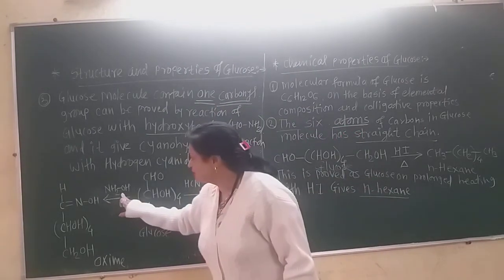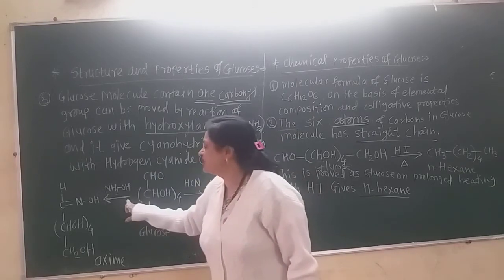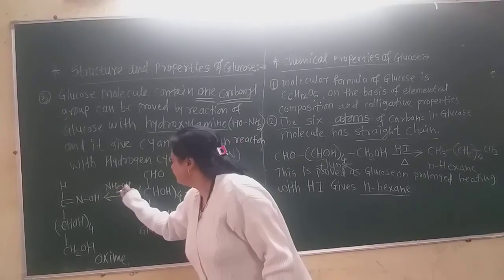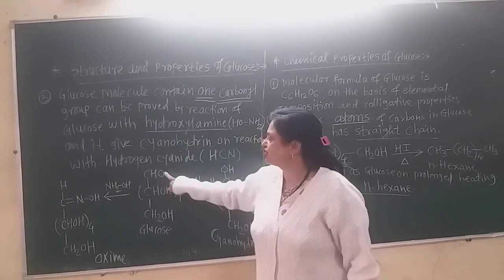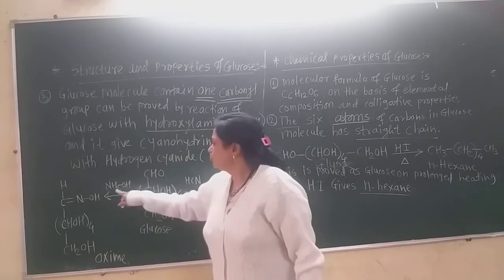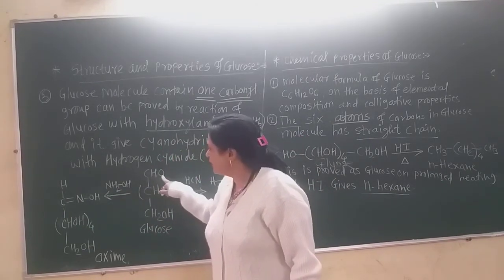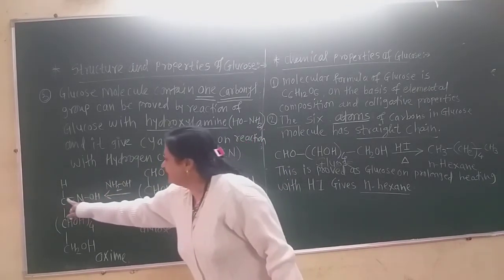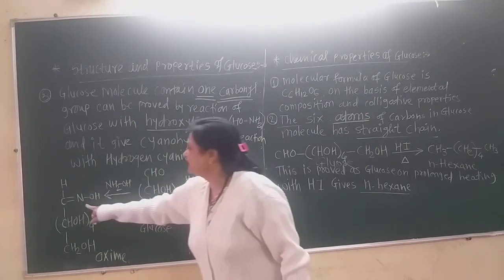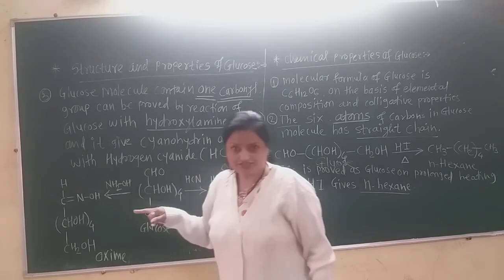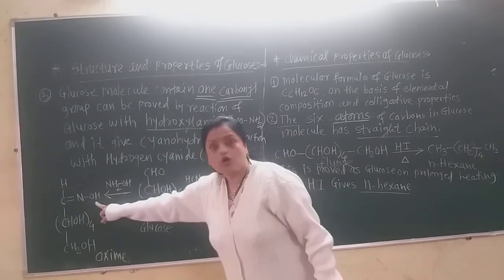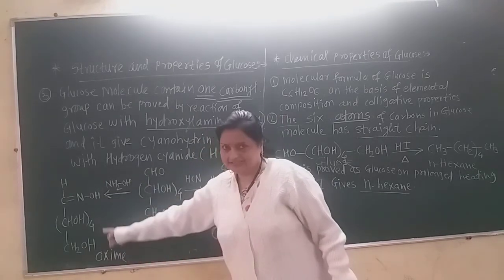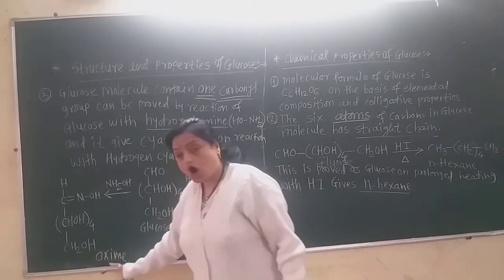Now see, this is hydroxylamine, this is glucose. When glucose reacts with hydroxylamine, these two hydrogen atoms and the oxygen atom of this first carbon form a water molecule. Now this hydrogen is shown here, this carbon is this, and directly to it the NOH group is attached, as in the aldehyde and ketone oximes. So this is glucoxime. Generally it is called an oxime, but here it is glucoxime.